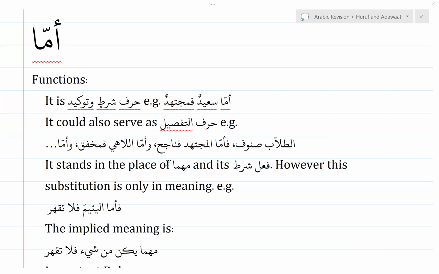All right. So for example, now if you're to understand it as a shart, remember we said that a shart has two parts. The second part cannot be fulfilled unless A is true, unless A is fulfilled. So when we say أما سعيد فمجتهد, what is the first part? Sa'id. So the condition has to be Sa'id. If I'm not talking about Sa'id, then the second part cannot be fulfilled. So if I say فأما Muhammad, that's going to be a different condition. The second part is going to be something else. فمجتهد only applies to Sa'id.